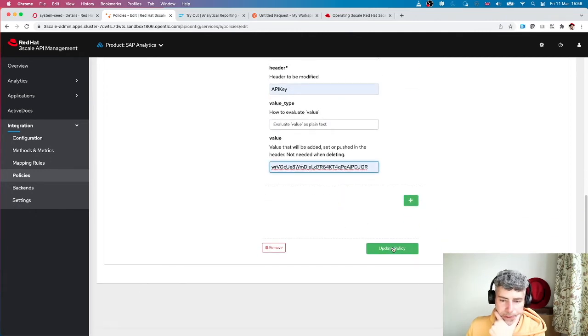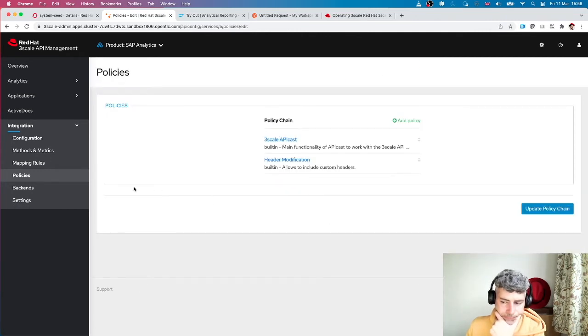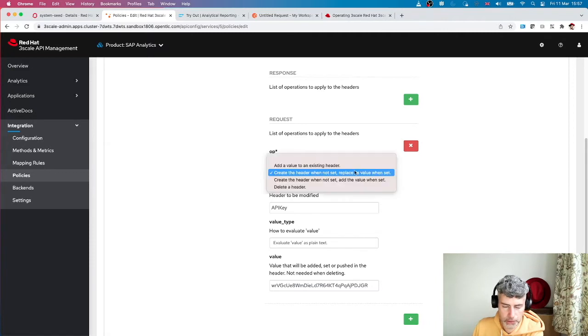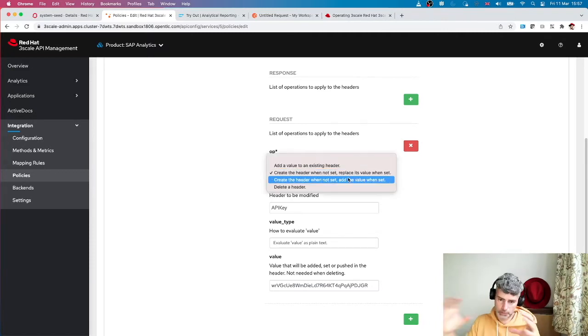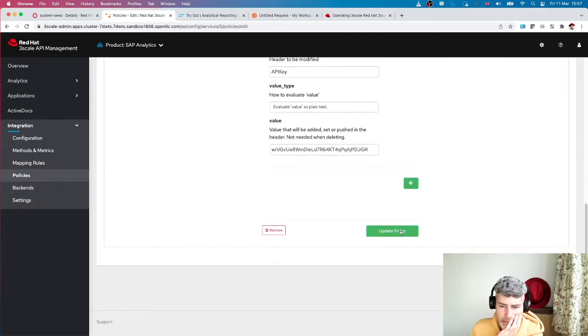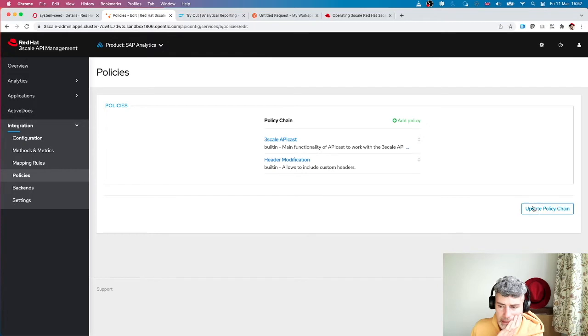And now we update the policy. Update the policy chain. So it's all recorded and propagated. Actually, I just realized that this is not the correct operation, so we need to change it. It's create the header when not set and add the value when set, because we just need to concatenate the value of the API key. Okay, so we update the policy again, update the policy chain,